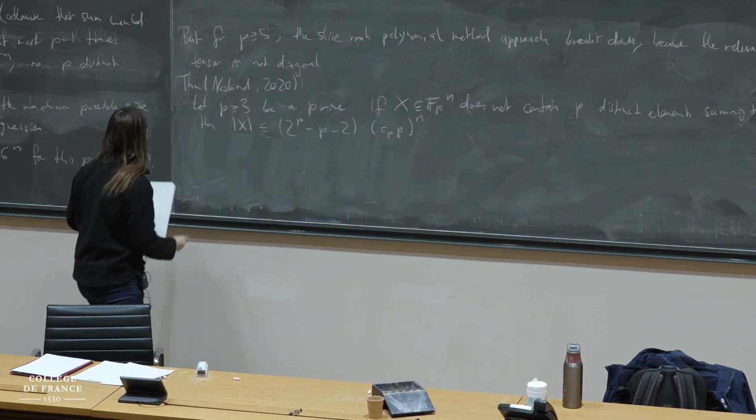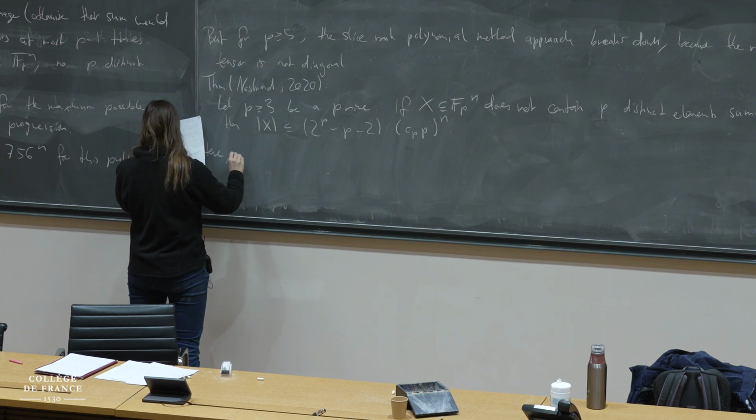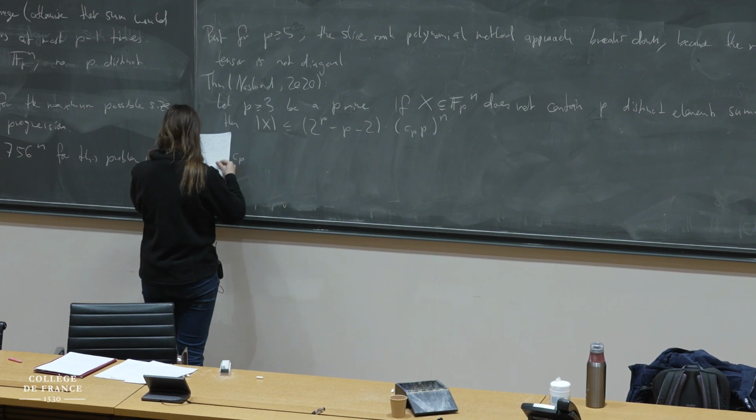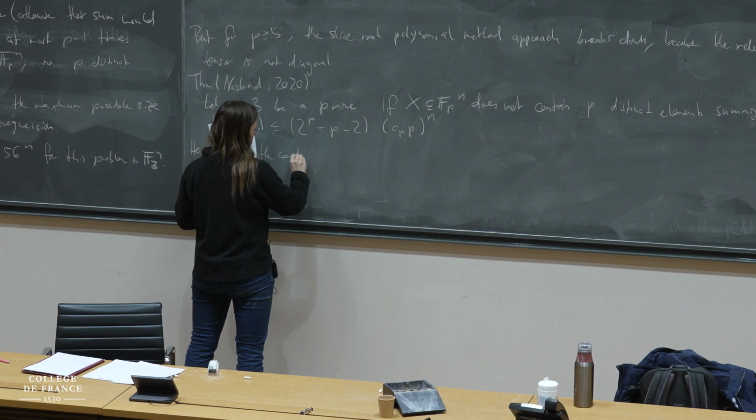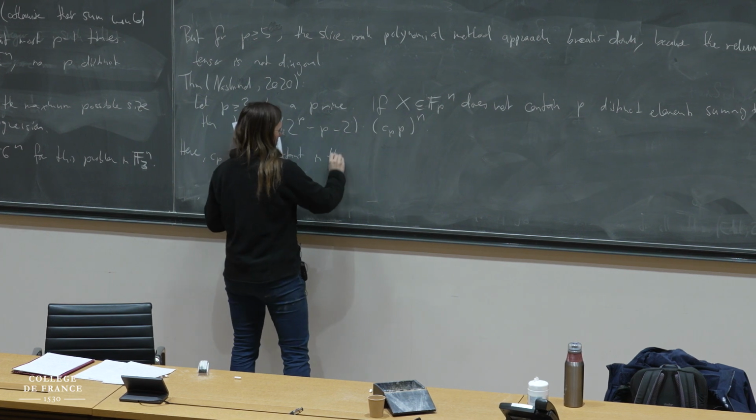And here C_p is the constant in the Ellenberg-Gijswijt bound